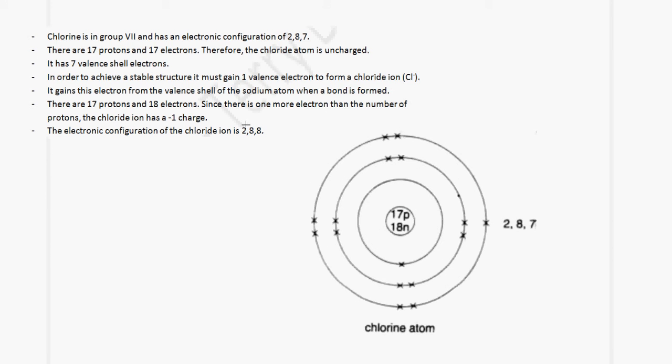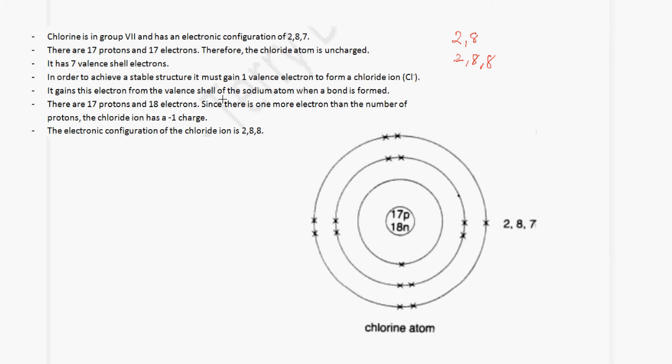So let's look at chlorine now. Chlorine is in group 7 and has an electronic configuration of 2,8,7. There are 17 protons and 17 electrons. Therefore, the chlorine atom is uncharged because we have an equal amount of positive charge and an equal amount of negative charge. It has 7 valence shell electrons. Now remember we said that in order to become stable, you must end up with an electronic configuration like one of the noble gases. So in the case of the chlorine atom,